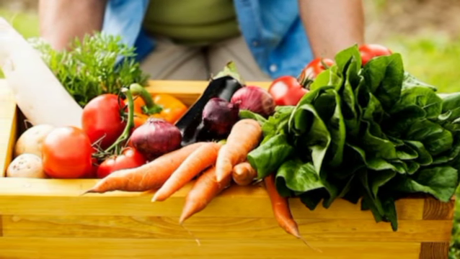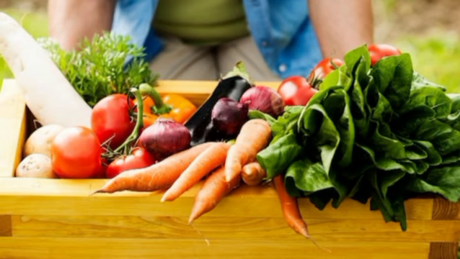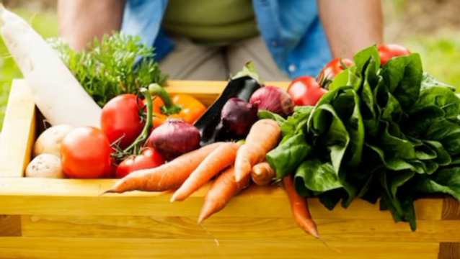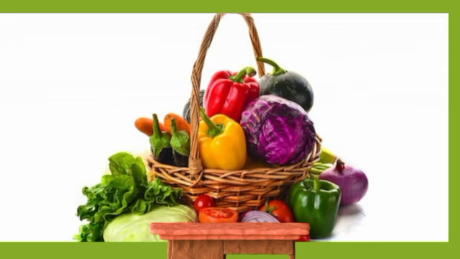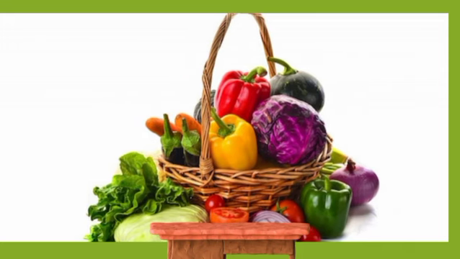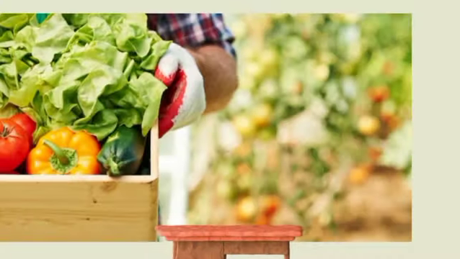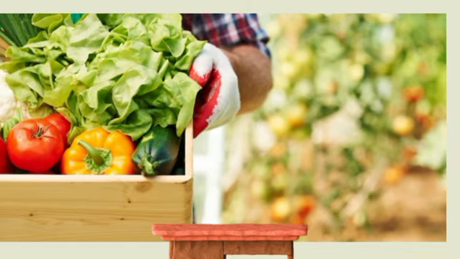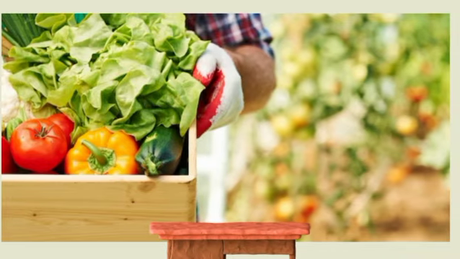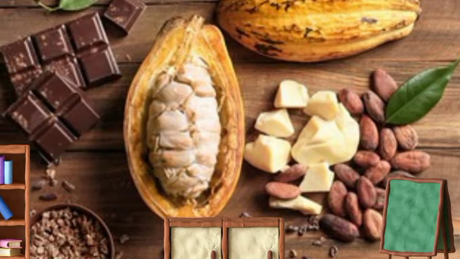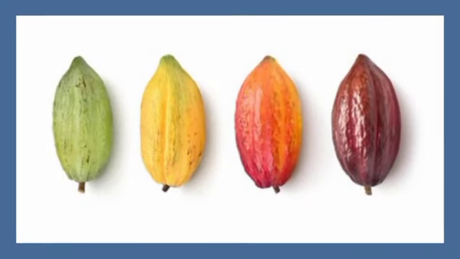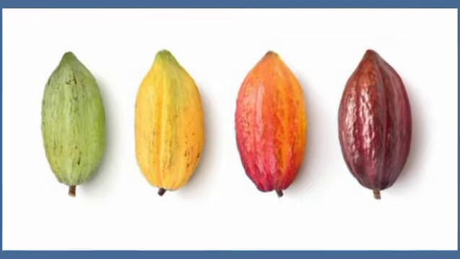Crop production is divided into food crops and cash crops. The food crops are cultivated mainly for consumption. Examples of food crops include rice, maize, groundnut, yam, and so on. While the cash crops are cultivated mainly for sale. Examples are cocoa, orange, rubber, cotton, palm oil, palm kernel, groundnut.